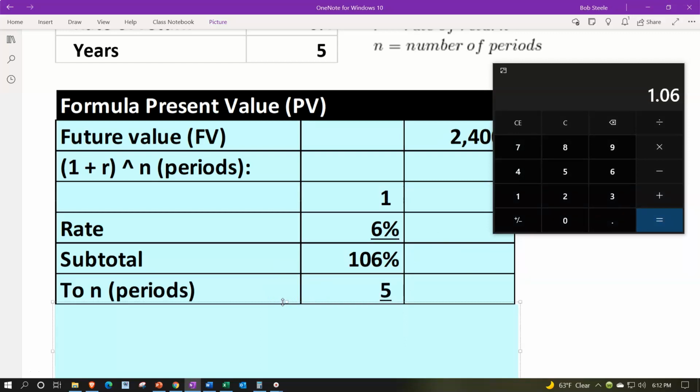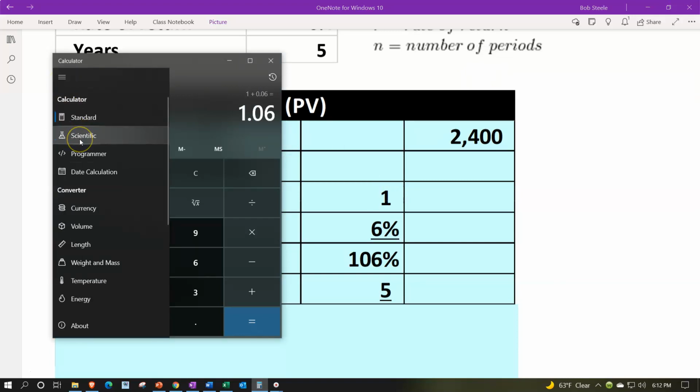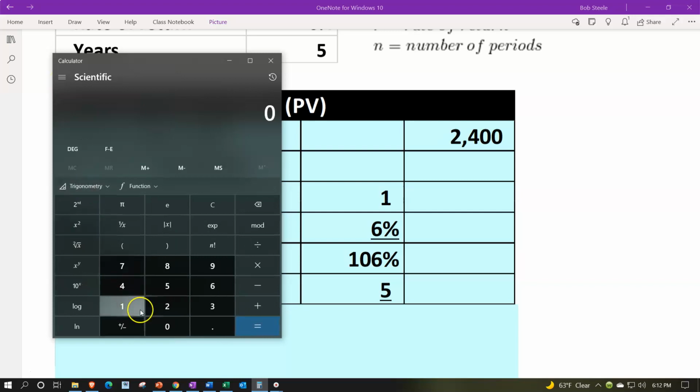Taking that to the n periods, 5 years, needing a financial calculator to do so or some other calculator. I'm going to take a scientific calculator. So we're going to get scientific on it. Make sure you've got the calculator you need and that it is legal if you're taking a test in a school setting. You want to have it do all of the things it needs to do without violating anything that it's not supposed to be able to do by the school. Anyways, we're then going to say that's to the x^y with the caret, and then it's going to be to the 5, and that'll give us